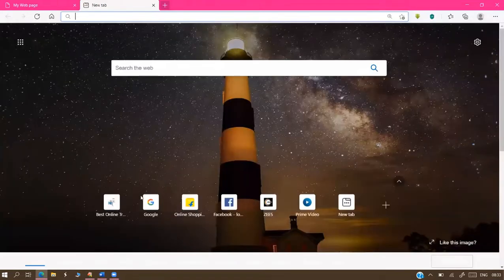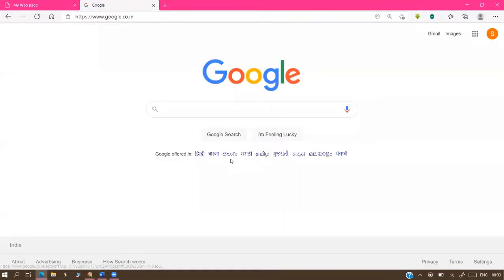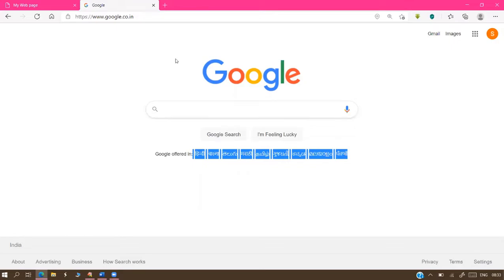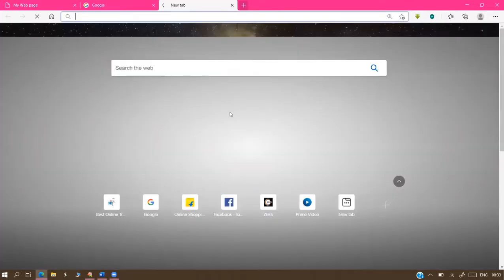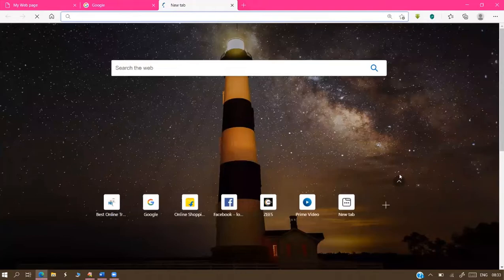They customize it according to the developer's interest. Suppose here we have a lot of Google links: blue color, underline, hand symbol. No customization here; they are following the default format. All these are hyperlinks, all appearing in the same default format: blue, underline, hand. If you go to another website, suppose Facebook, here we have blue and underline, yes, this is also blue and underline only, with the hand symbol.